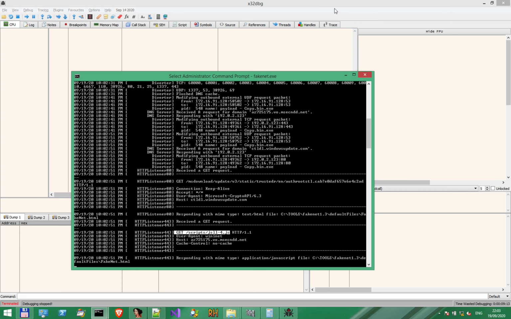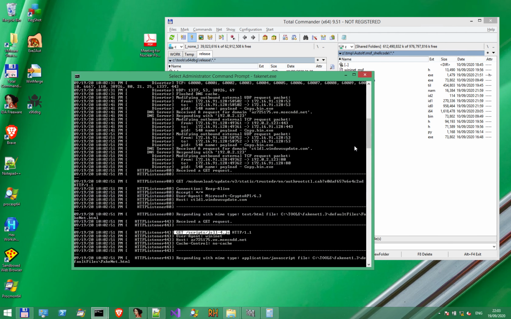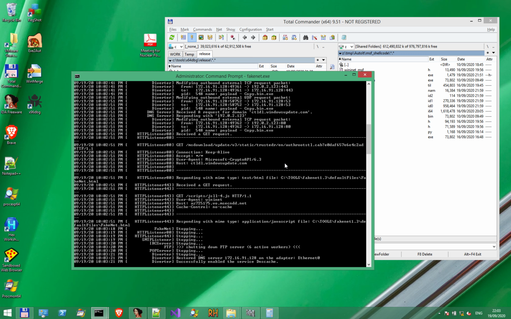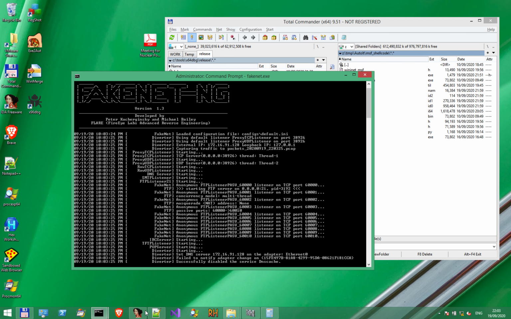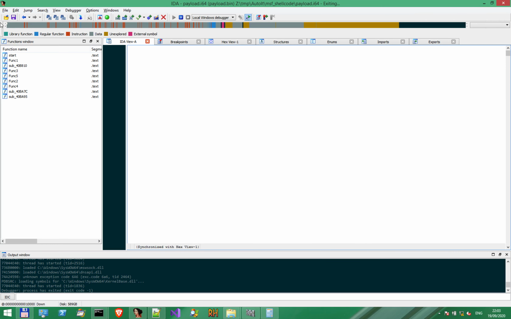We should be able to do the same in IDA Pro, even without understanding what the specific exception means. Let's see. I will start FakeNet again, then restart debugging.